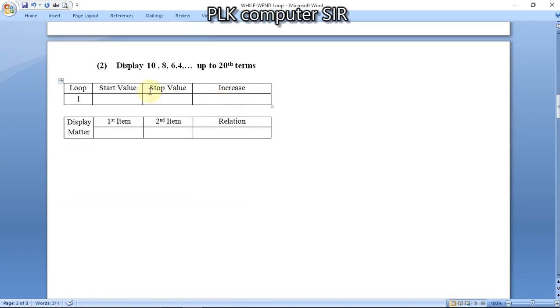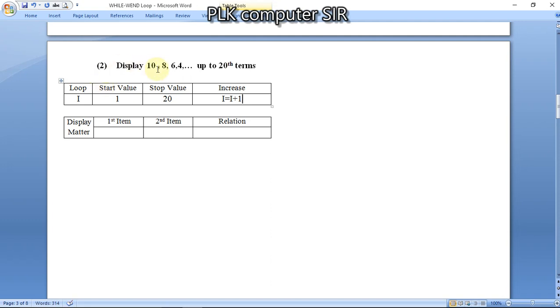Okay, example number 2. Here we have to display the items 1 2 3 4 in this way up to 20. So start value 1, final value 20. It will be increased because the start value is lower than the final value.